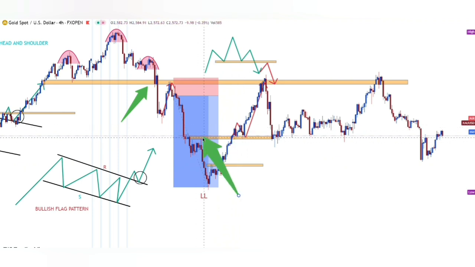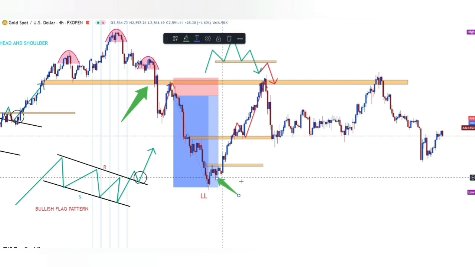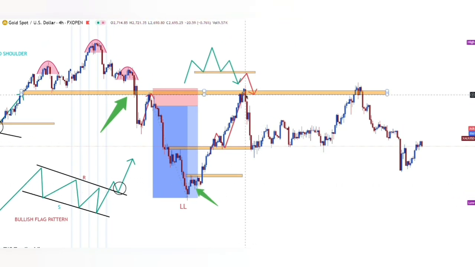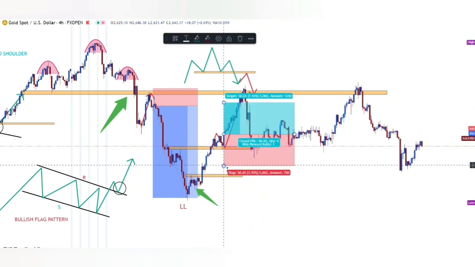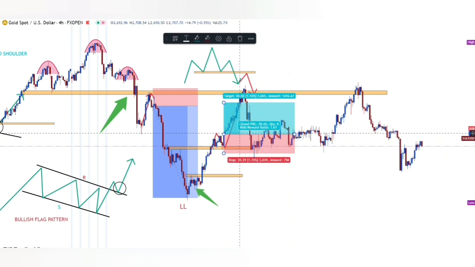Because the price broke above this lower high, which is a legitimate lower high, right? Why is this a legit lower high? Because after this lower high, there was this lower low created, guys. But this is not a legit lower high. Why? Because it created a higher low here, right there. Remember the previous lesson? All right, so this would also take a buy order right there after that bullish engulfing